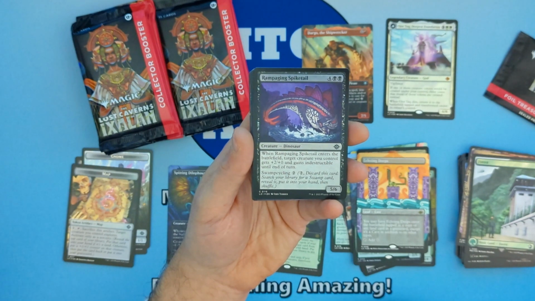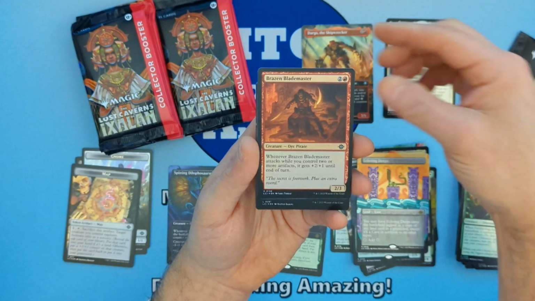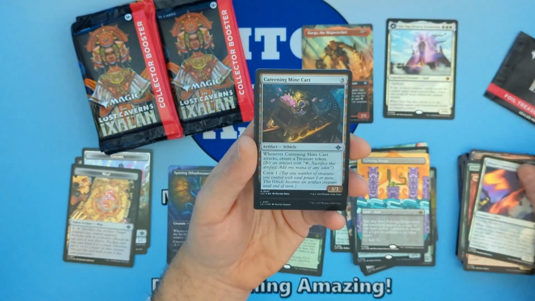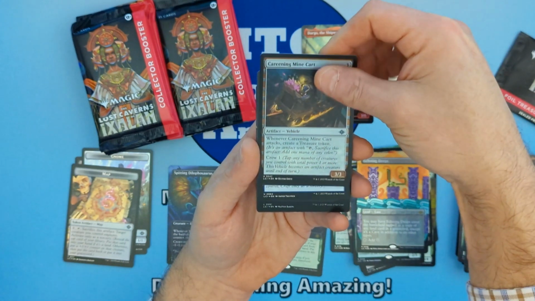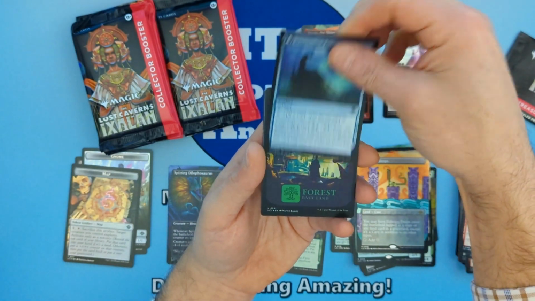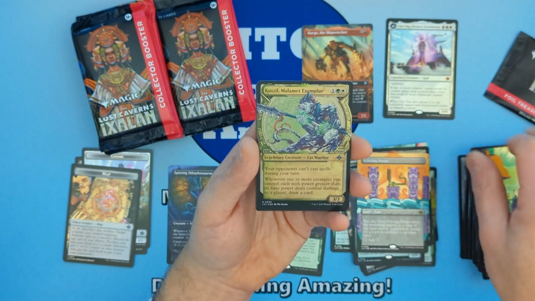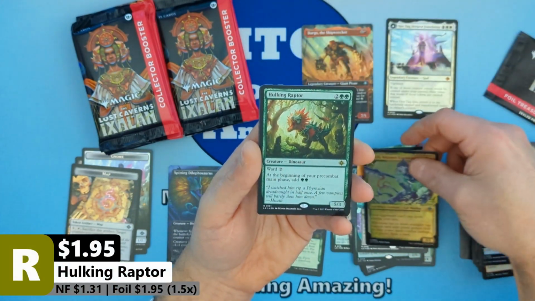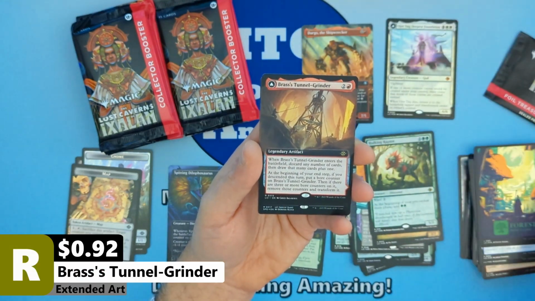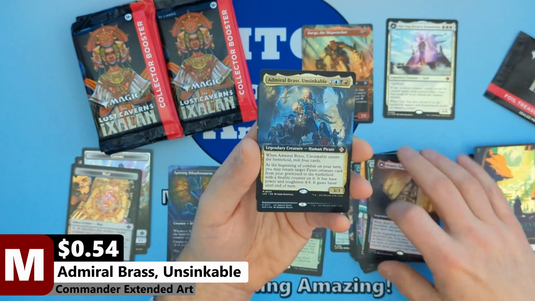All right, so we got the Rampaging Spiketail, followed by a Pathfinding Axejaw. Then we're going to see a Brazen Blade Master, followed by a Miner's Guidewing, and then we're going to see a Careening Minecart with an Enterprising Scallywag, Waterlogged Hulk. Then we're going to see that Forest with Malmet Exemplar coming in Showcase Foil, followed by a Hulking Raptor. And then we've got ourselves a Brass Tunnel Grinder coming in extended art with an Admiral Brass Unsinkable coming in mythic from the